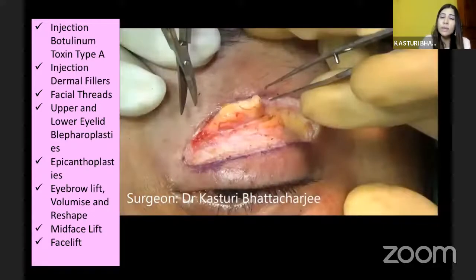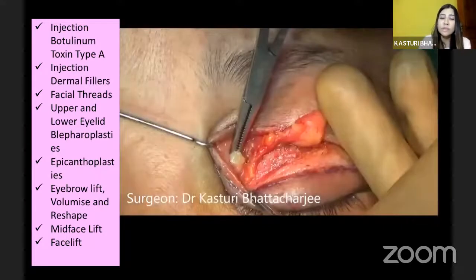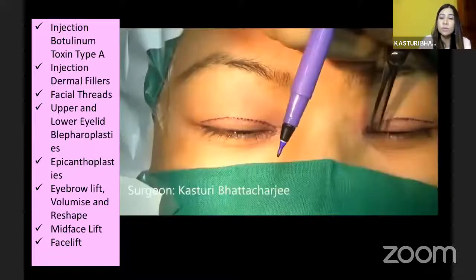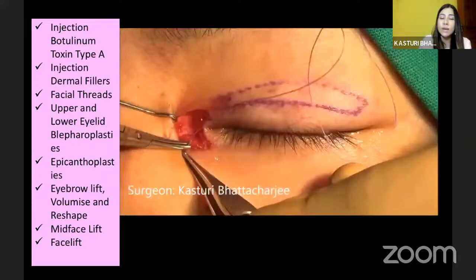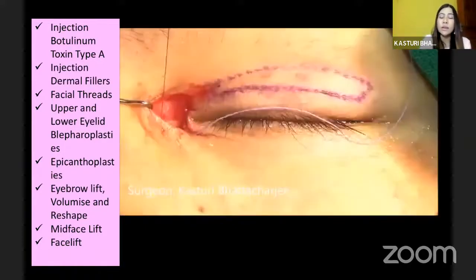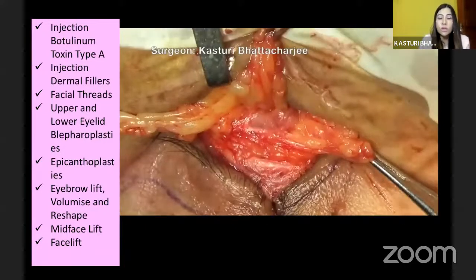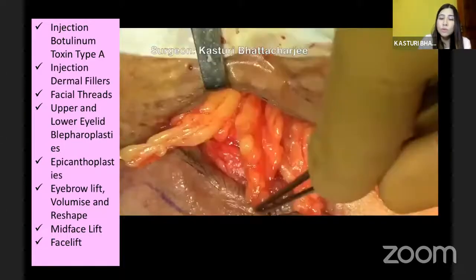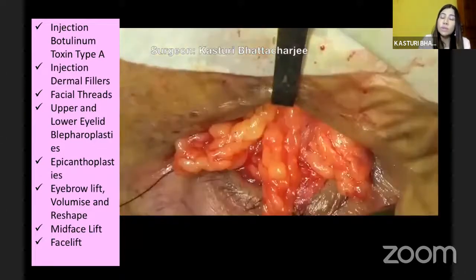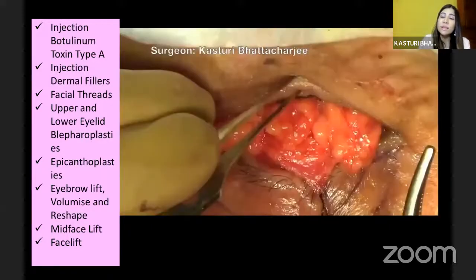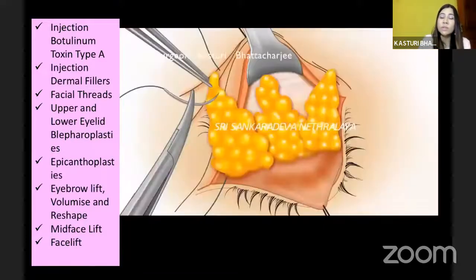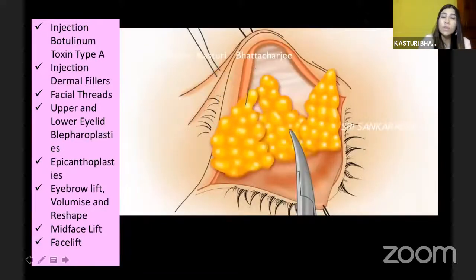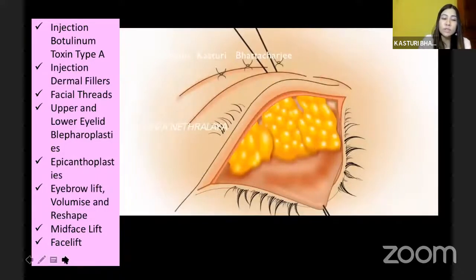procedure, like an upper lid blepharoplasty, where you need to cut the different layers of the upper lid, or even a small procedure like a medial epicanthoplasty, where you need to manage the medial epicanthal tendon along with excision of subcutaneous tissue, or a lower lid blepharoplasty, where you form the beautiful fat pedicles. And you transpose this fat, which acts as a homologous tissue, an autofiller, and fills this tear trough, and it also leads to good effacement of the lid-cheek junction. So all these are the multiple procedures done by any of the ophthalmologists doing facial plastic surgery.